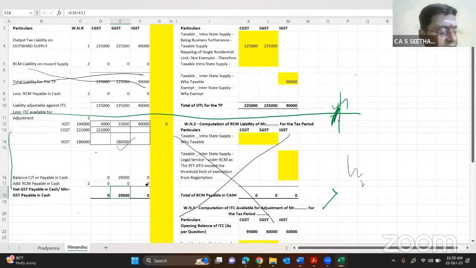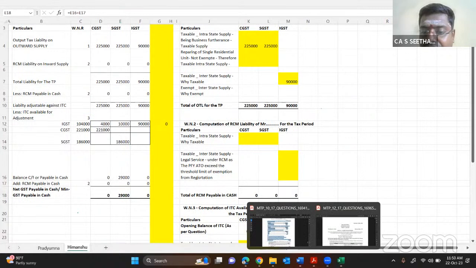Excellent. Very good, my dear. If you got it right, this is the stand of your confidence level. When I started this question, you asked me, sir, what is the weightage? Because you had a thought process of skipping this. But now, after learning the presentation manner, after substituting the figures and solving two problems, you are giving me the correct answer, meaning thereby 8 marks is in your pocket.